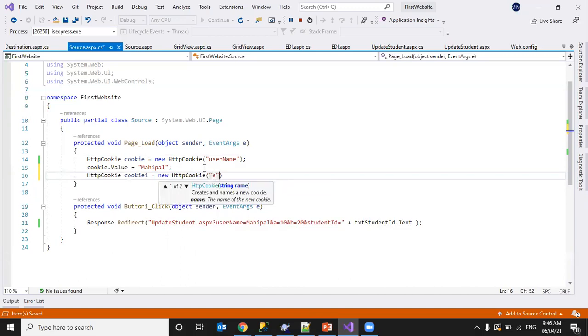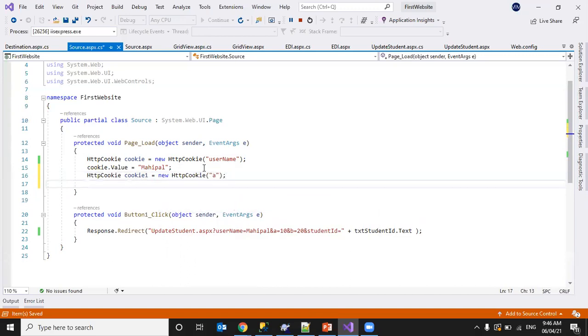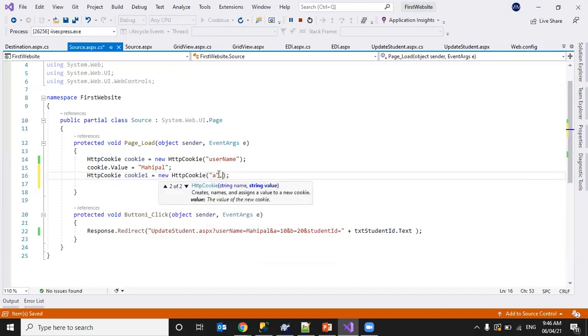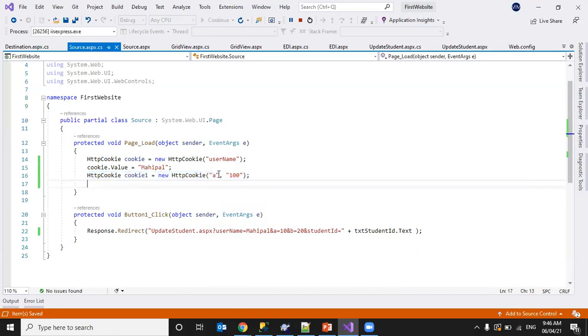Let's take A. This time I'll pass the value directly here, 100. Okay. Let me copy this, place it here, and change the cookie name to B equal to 200. Okay.